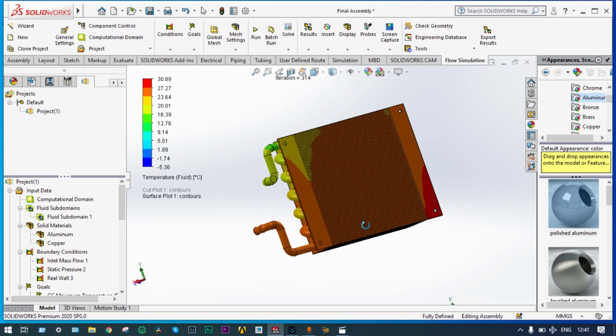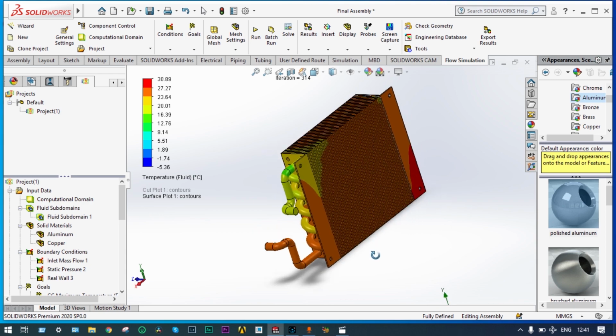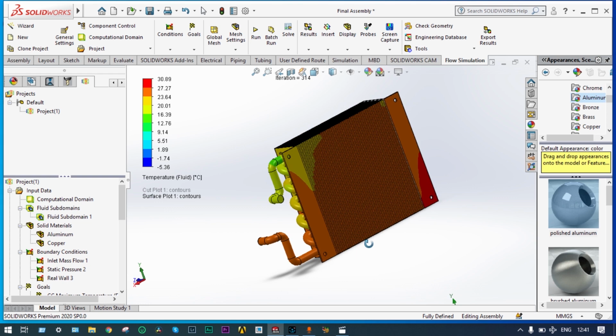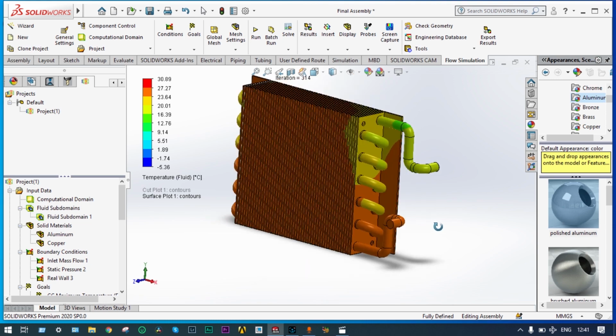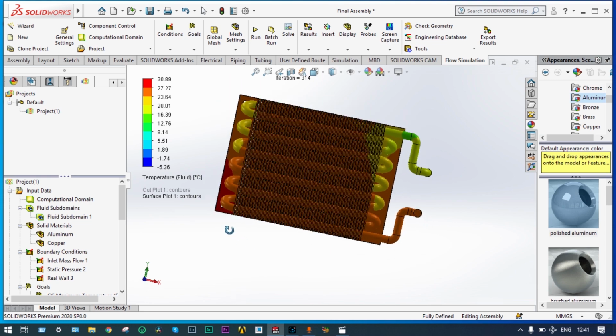you see the backside also is almost a similar type. Backside is having a temperature range of 23 to 27 degrees centigrade. A little bit of red zone we can see at the lower back corner. Here the temperature is in the range of 27 to 30 degrees centigrade. Okay,